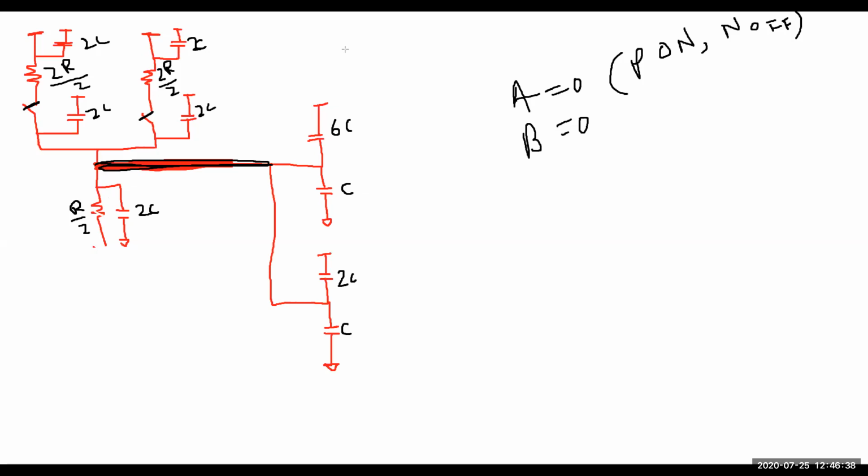How to ignore it? Let's use this. Okay, we're ignoring this. Think about this 2C. Here, this is actually short. At one point you have VDD, at another point you have VDD. So this is actually shorted, right? If you have a capacitor like this and both ends are connected to VDD, it is short. So I can ignore this as well.